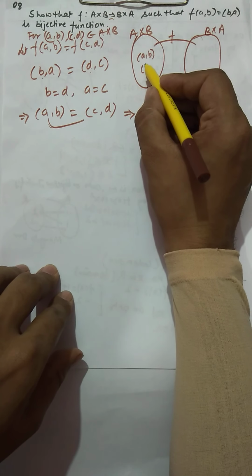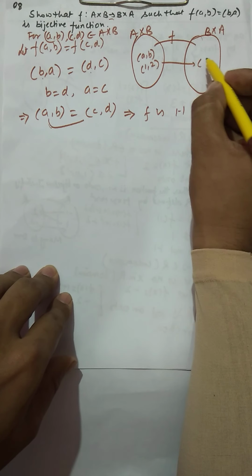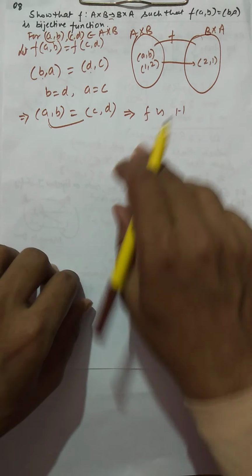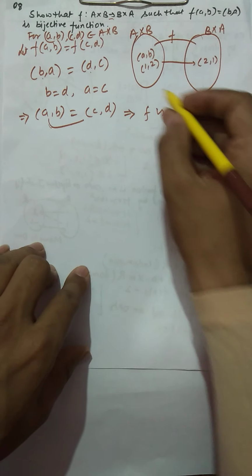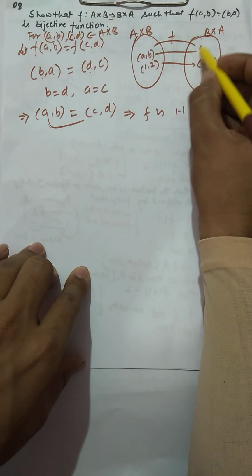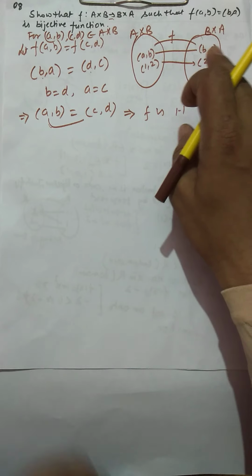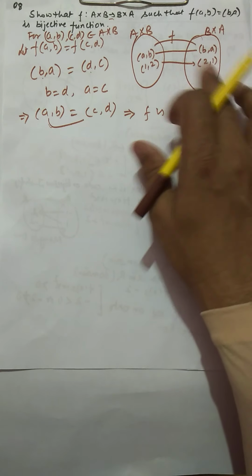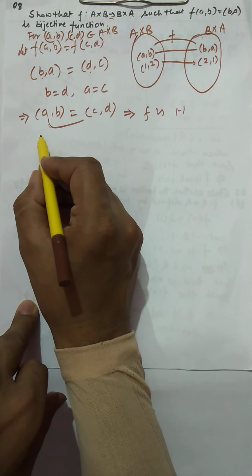If I take an example, (1,2), then the image of (1,2), according to this definition, is going to be (2,1). Then for every element you will get the pre-image. Whatever element you take, in general if I take (a,b), then the image of (a,b) will be (b,a). So whatever pair of coordinates you take from here, the pre-image will exist. But how will you write it? So we take it down.